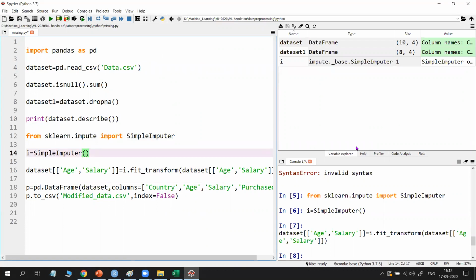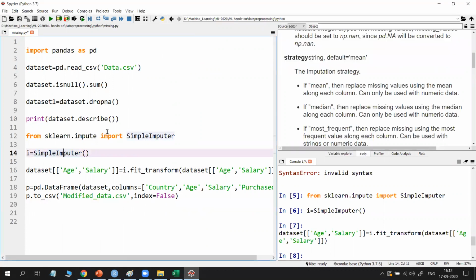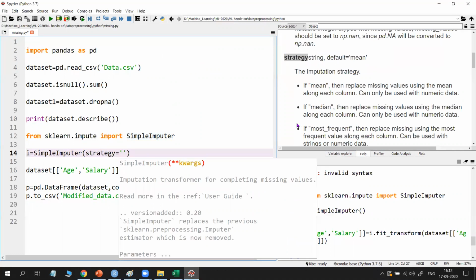Okay. So for example, I want to give another parameter like median. So simply once again Control I. What is the syntax? You need to give strategy is equal to, in single quotes, in the place of mean, median.